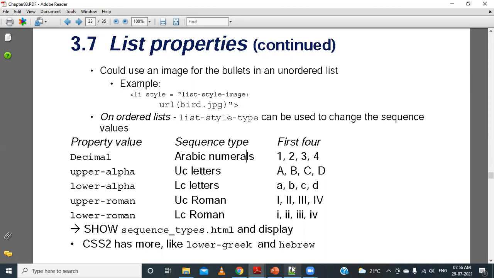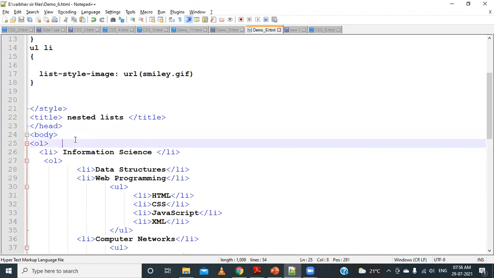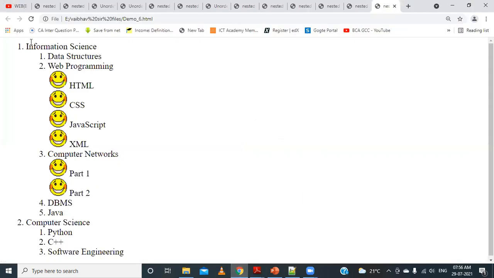Again, in this ordered list also, we will take it as an inline ordered list first, and then we can apply it for the document level. If I want to apply it for the inline level, I will go to the OL, that is the ordered list. In the same program, we have this ordered list, and then we have the items inside that, 1 and 2. Again, in that we have different levels of ordered list as well. So we'll go one by one.